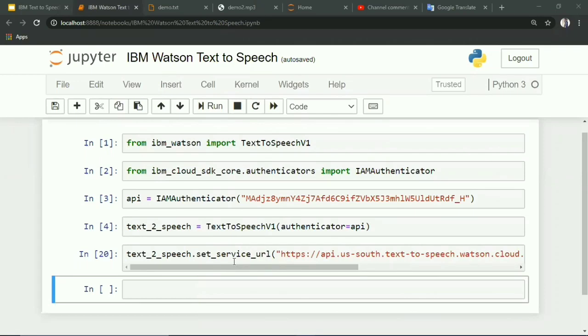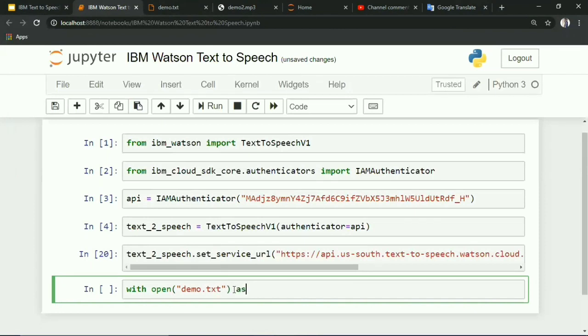I already set up my IBM Watson text-to-speech servers in Python. The first question is how to convert a text file into speech file with IBM Watson text-to-speech servers in Python. To do that, we have to open the text file in Python first, enter with open location of the text file as text file.